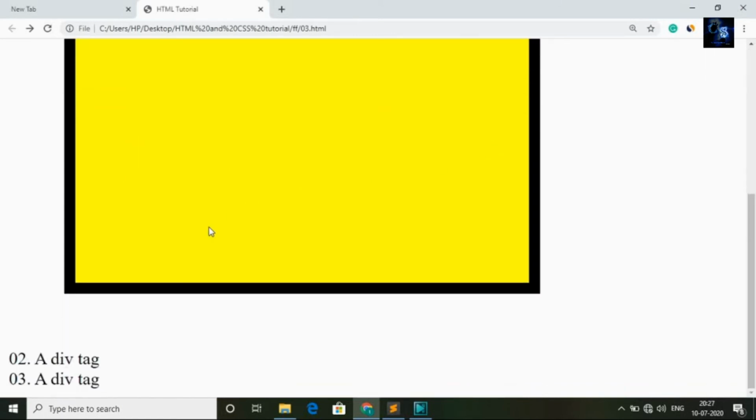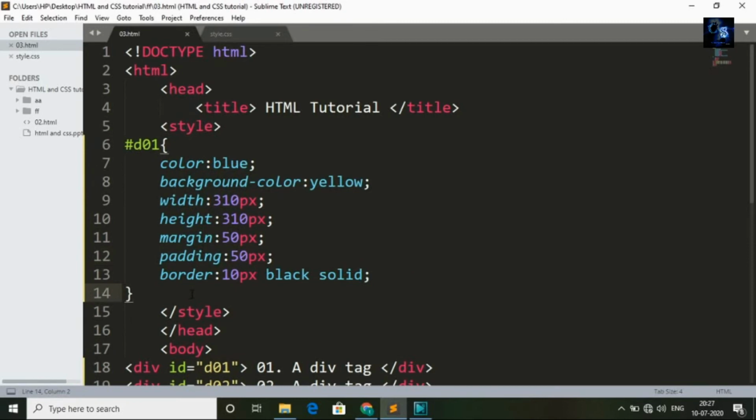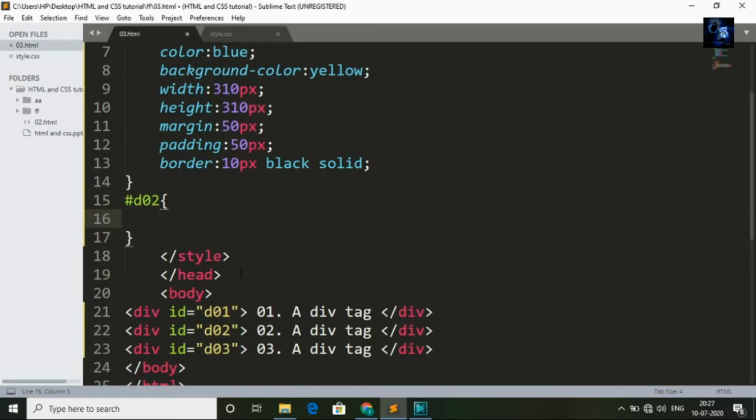Okay, now I will apply different styles to tag 2 and tag 3. I will come back to the editor and I will call div tag 2, hash D02. Curly brackets. Inside the curly brackets I will mention color, background color, width, padding, margin, everything.